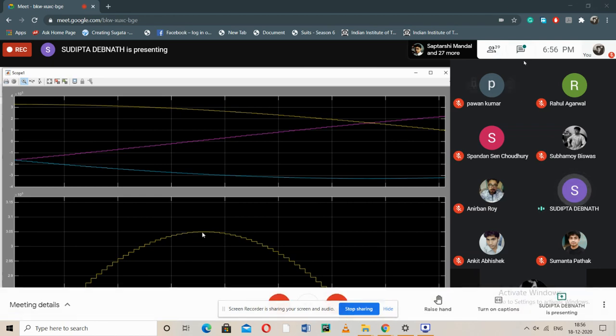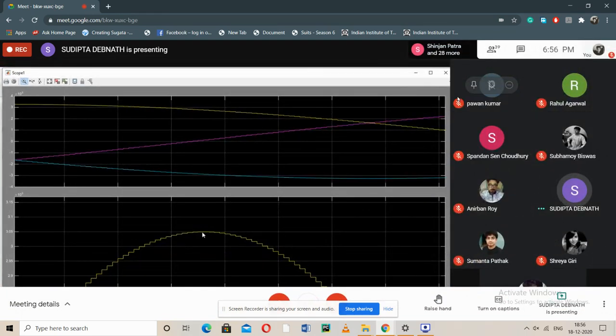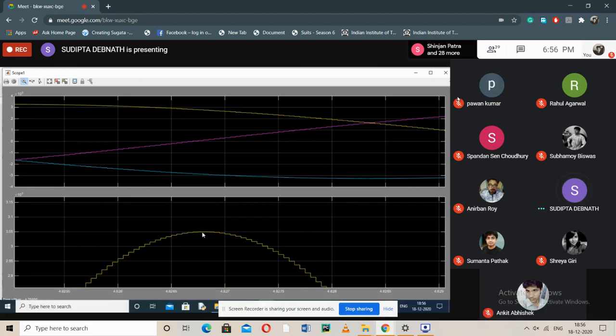So when the sending end voltage is constant, the sending end phase to neutral voltage will be 400 by root 3, and the receiving end phase to neutral voltage will be 305 by root 2, the RMS value. Okay, this is the peak value. So in your lab sheet you need to write the RMS values. You should not write the peak values. Okay, but here just for observing purpose. So this is the peak value. Phase to neutral peak value is 305 kilovolt.